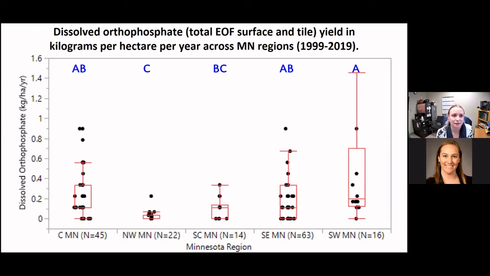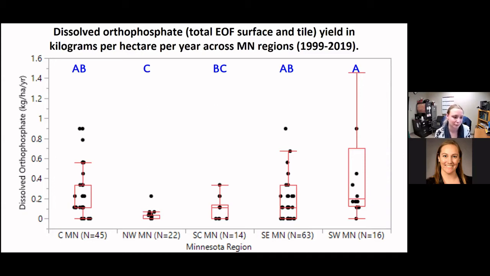So we do see that the DOP yield here, and it's also total edge of field surface and tile combined here in kilograms per hectare per year across these same parameters. So dissolved orthophosphate ranging here from 0 to 1.6 kilograms per hectare per year per Minnesota region. We see that Northwest Minnesota has its own, it's statistically different in the data distribution as compared with the rest of the data sets here. Southwest Minnesota has some of the